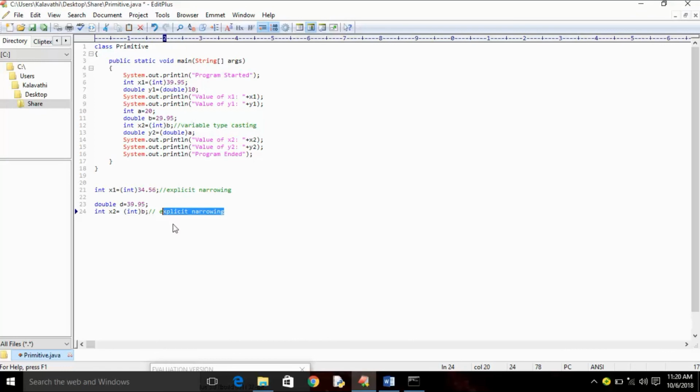Okay, and next is double y1 equal to 28, implicit widening. Are we doing any type conversion here? No, but the compiler will do it for us, and it is called auto widening.